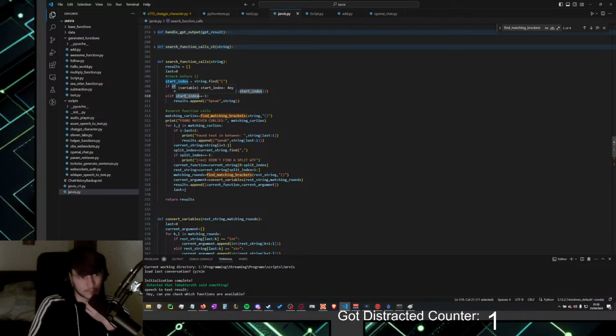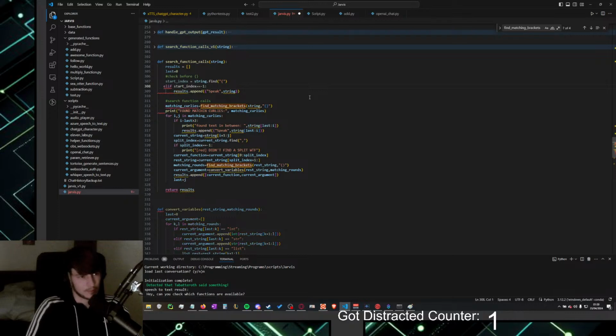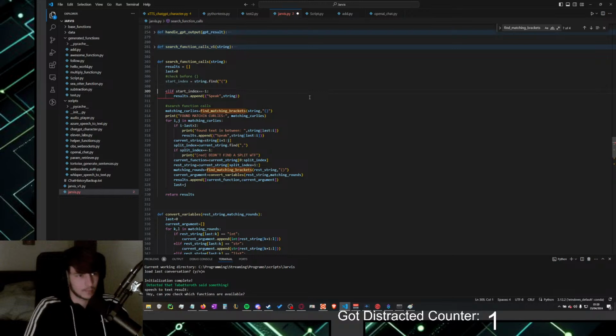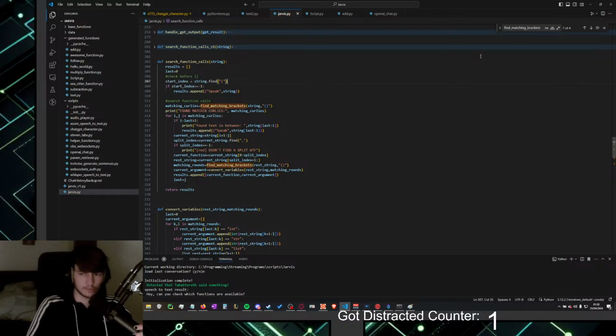So what if it doesn't find anything? Okay, I can delete that one, but I don't think I can delete... Whoops. Wait, what? I think I need to keep that one in case we don't find anything, so we just say things. I think that works.